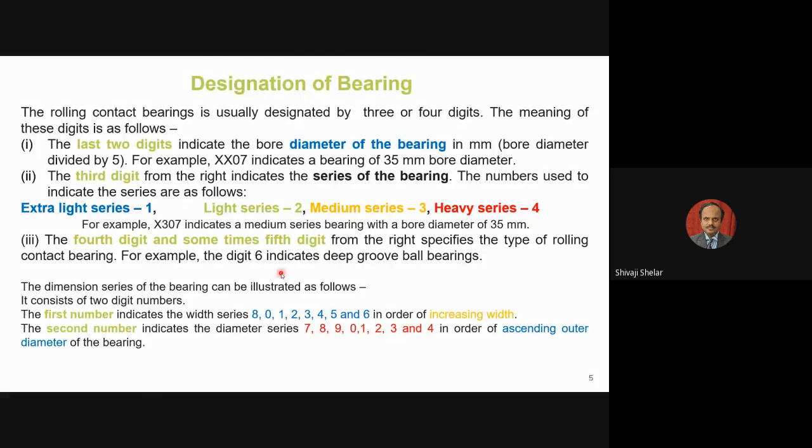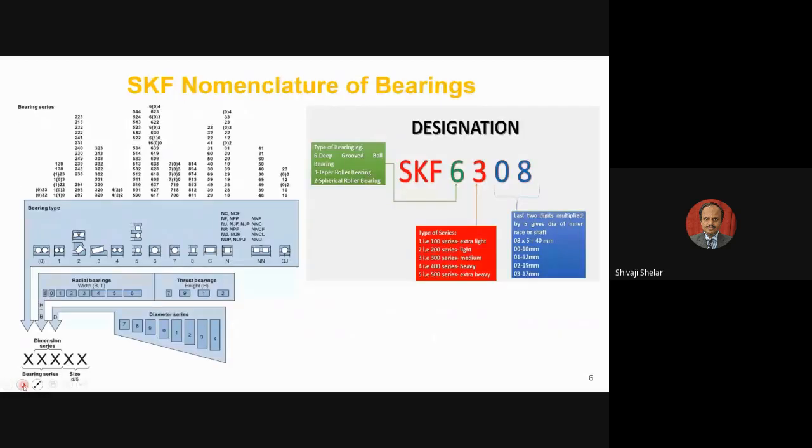One such chart I am showing for designation here, that is an SKF chart. There are different types of manufacturers. Since we are going to refer to the SKF chart, I am showing the SKF designation here. They may write their name SKF, then they may write 6308. This is the minimum designation; there can be more before and after it. We can add a number of letters and a number of digits also.